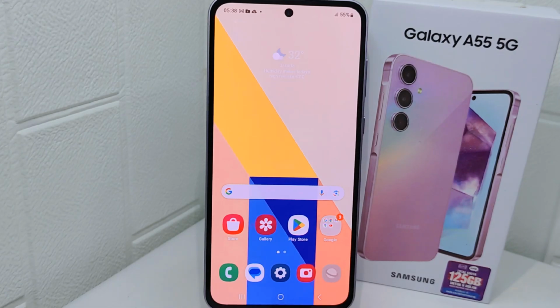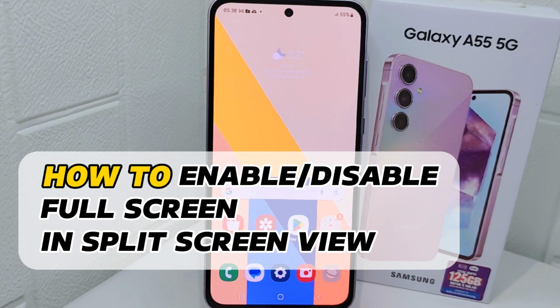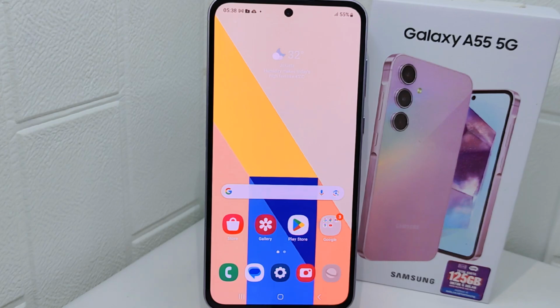Okay, hello everyone. Here I want to provide a tutorial on how to enable or disable full screen and split screen view on Samsung Galaxy A55 5G device. Well, knowing how to enable or disable full screen and split screen view can be useful for optimizing your multitasking